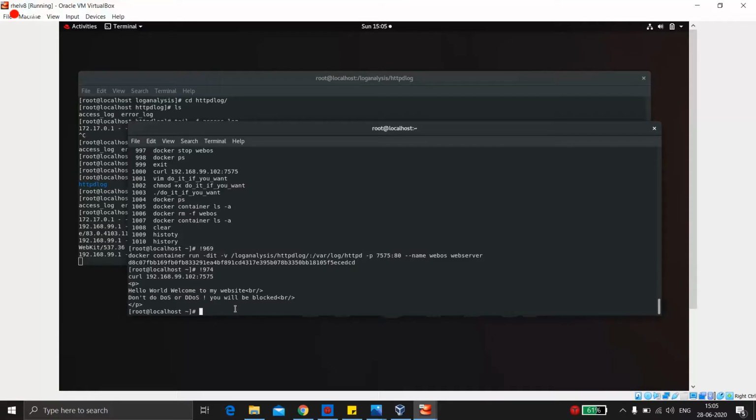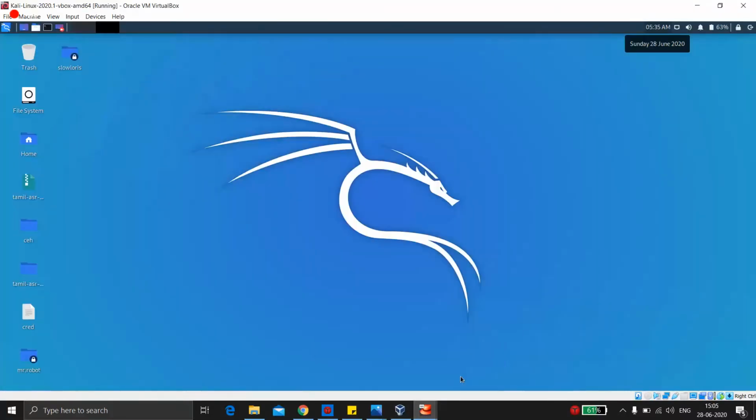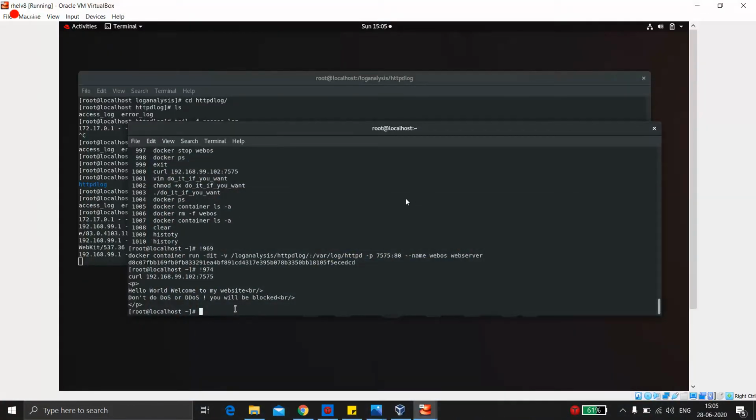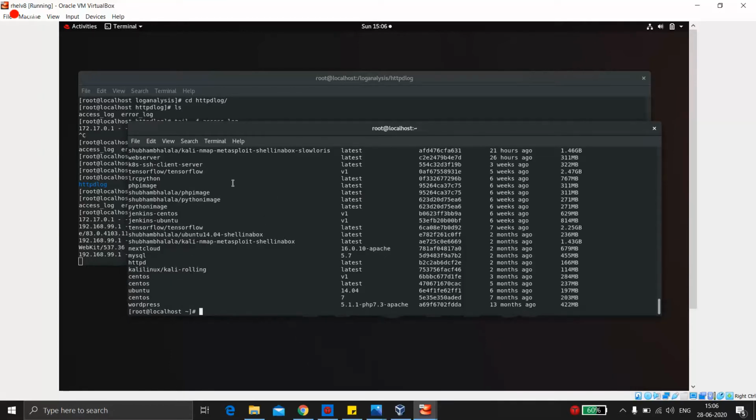So we need to create. Already we are having a VM, this Kali-NS VM, from where we'll do the slowloris attack. For this, you have to download some files from GitHub, which I'll show you. To make this easy, I've already created one image of this, so you need not download everything. You can see this from docker images. I've made one image. Yeah, this one, the Kali Metasploit Shell slowloris. Okay, so we'll run this.